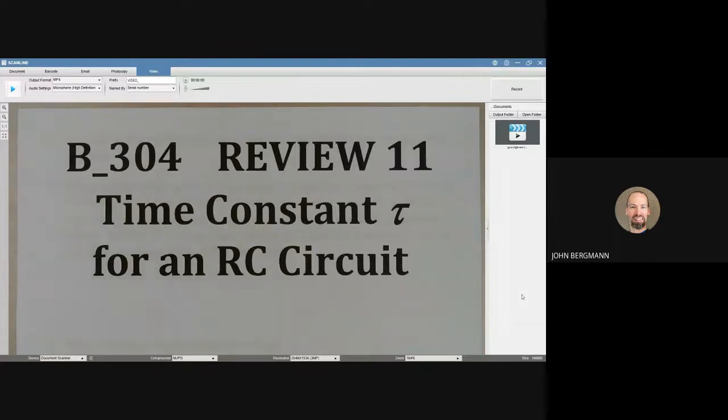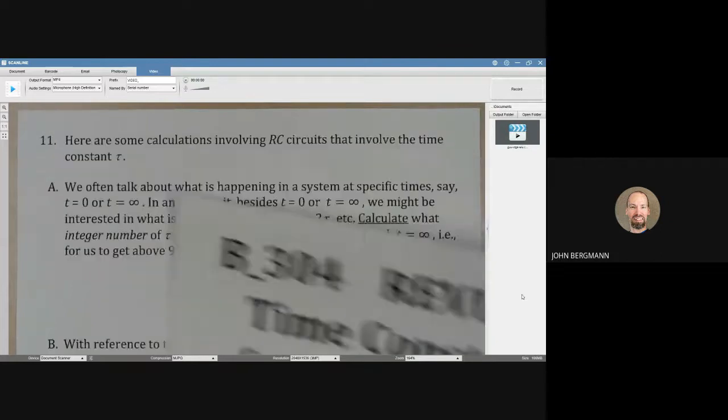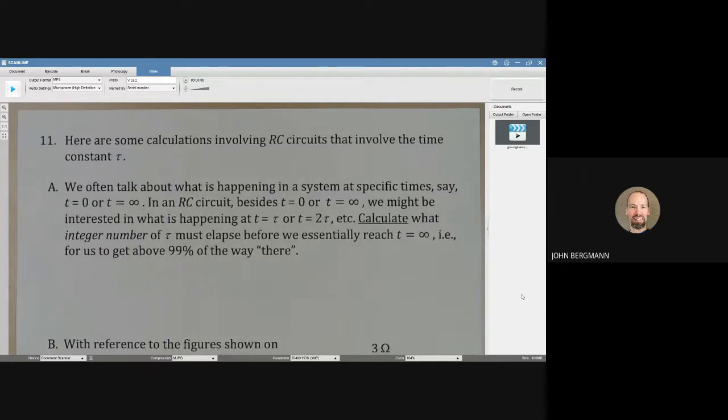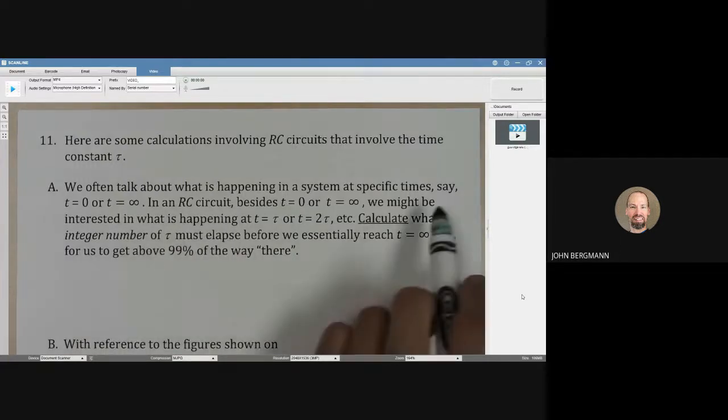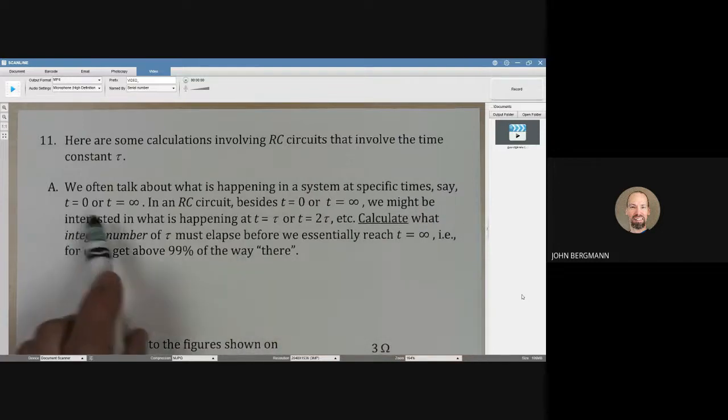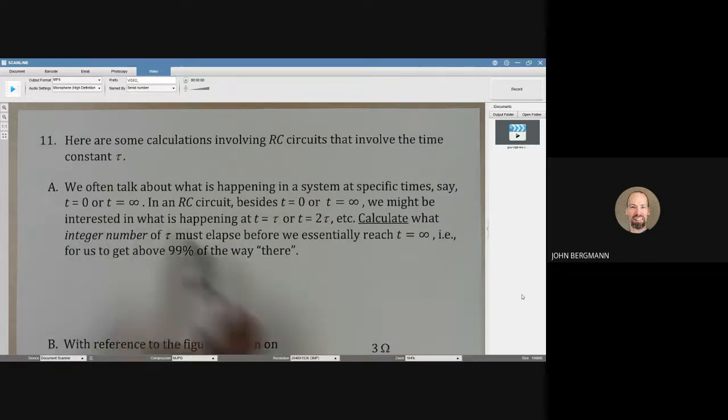Review video 11, time constant tau for an RC circuit. Here are some calculations involving RC circuits that involve the time constant tau. We often talk about what is happening in a system at specific times, like t0 or t infinity. In an RC circuit, besides those, we might be interested in what is happening at t equals tau, or t